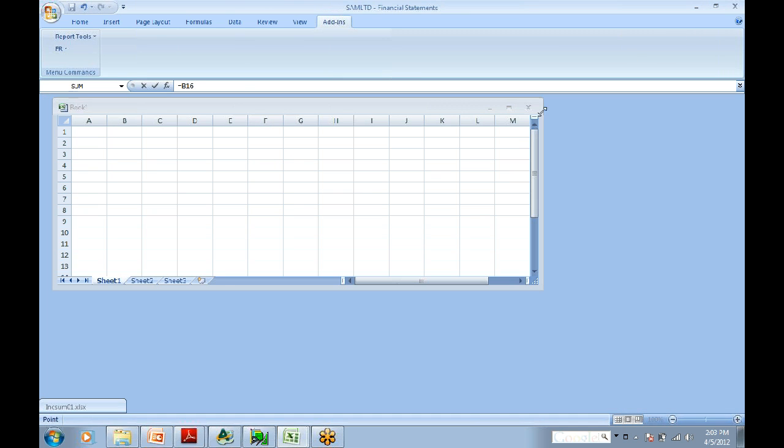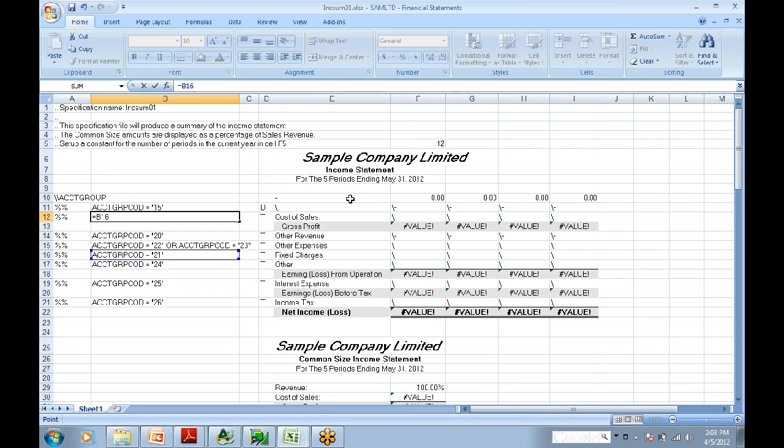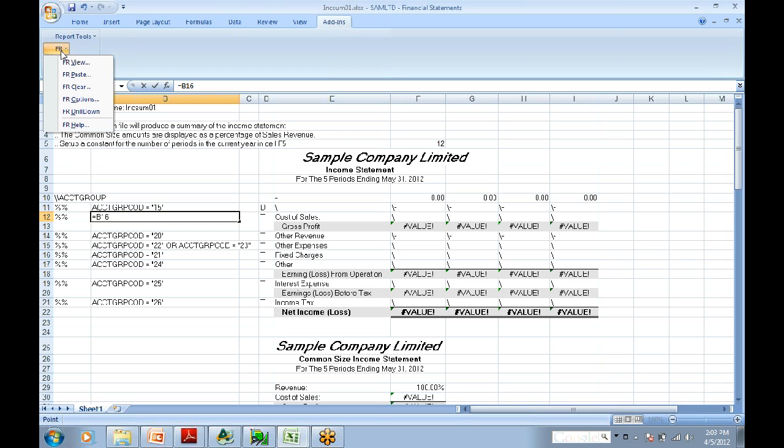And yet, most companies do not use account groups because their financial statements either need to be more complex or more summarized or a variety of other things. But if you can use account groups, this is a good statement, and I'll show you on this. If I want to run this here, I can just go to FR, do FRView,